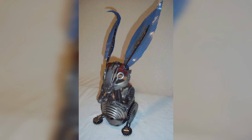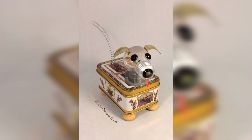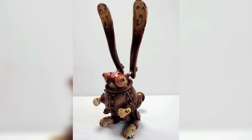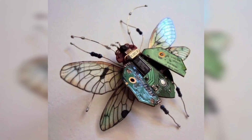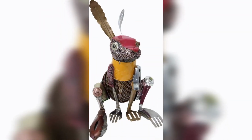Our today's video is about electronic waste art project ideas for beginners that will help you reduce waste and reduce your carbon footprint. Electronic waste, also known as e-waste, is a growing problem around the world. As technology advances, devices become outdated at a faster pace, resulting in more electronic waste being generated. In addition to the environmental impact,